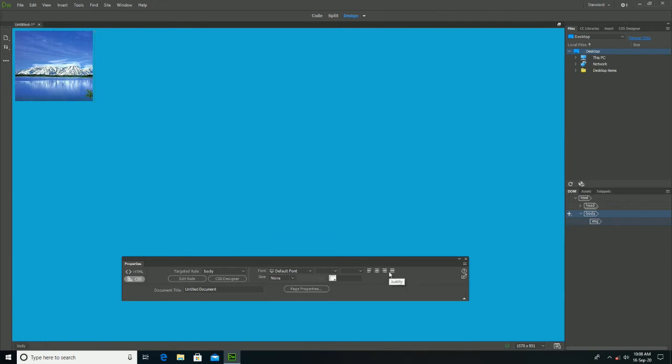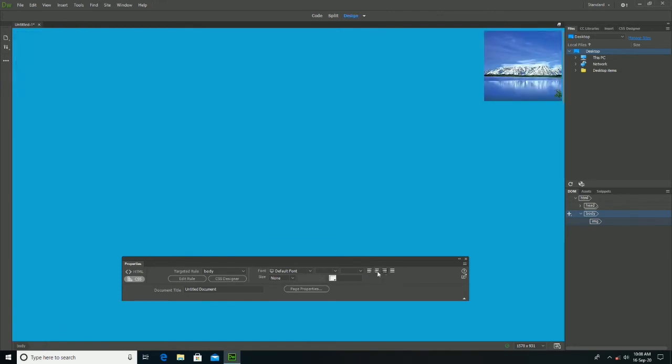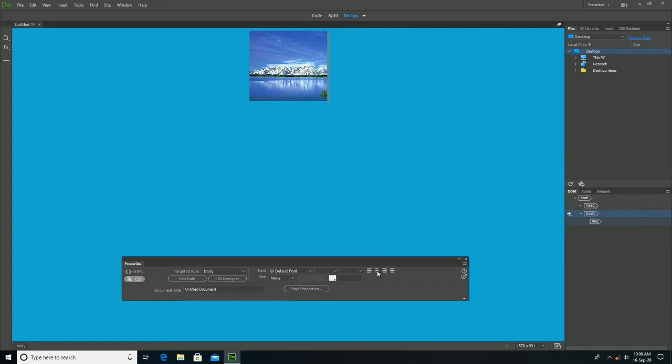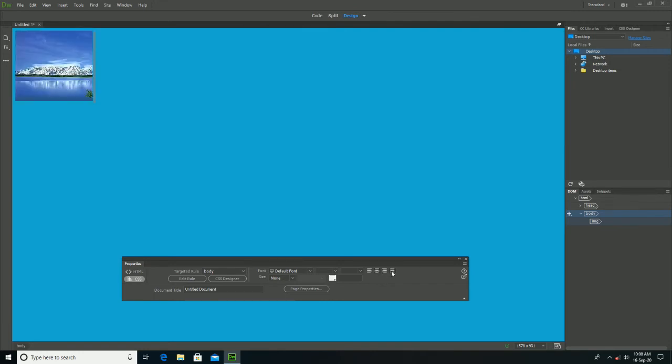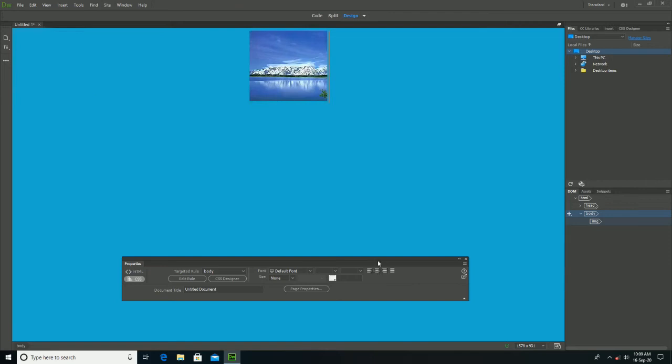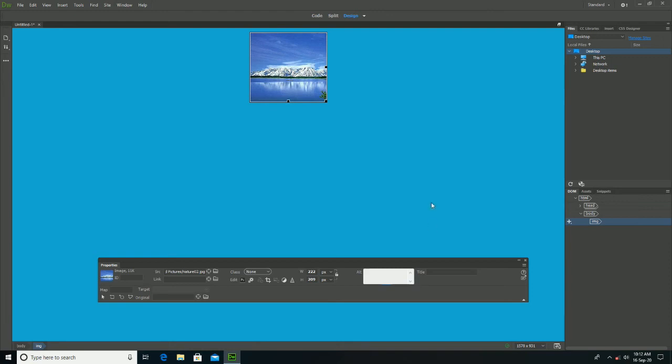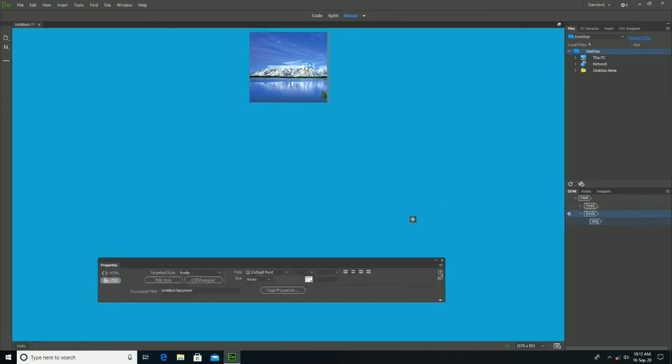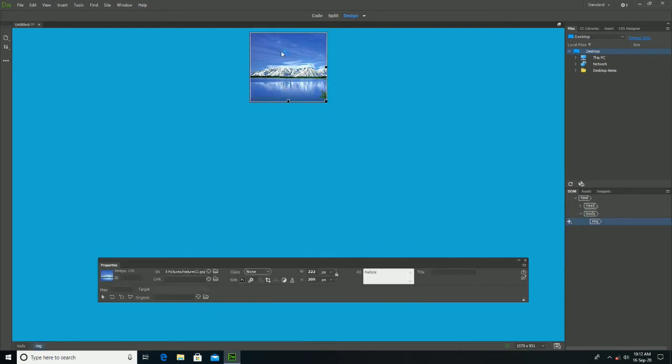And you can align your image by clicking on CSS. You can see the alignment options: left, right, middle, justify. And also you can align your image by right clicking on the image. The pop-up menu appears and from there you can set the alignment of the image. You can also add the alternative text in the alt field, and also you can add the title in the title field.